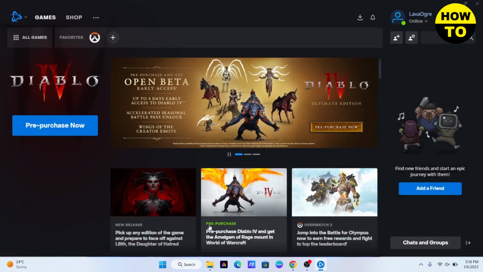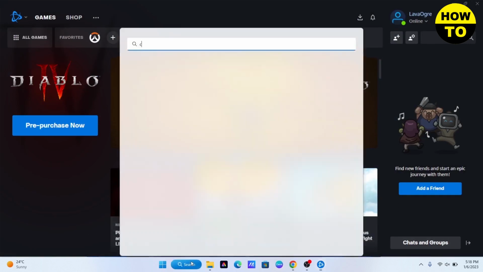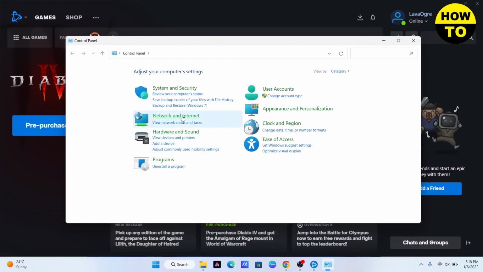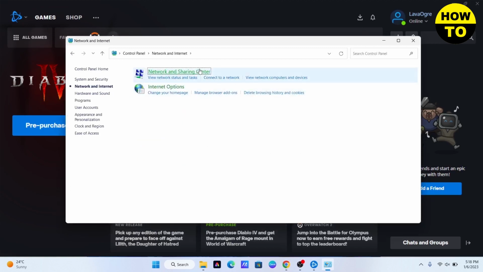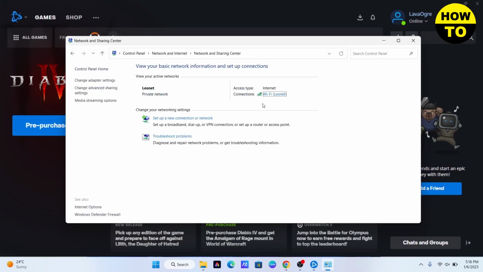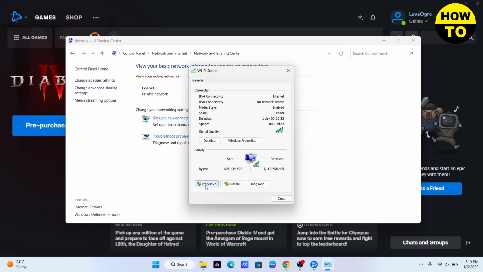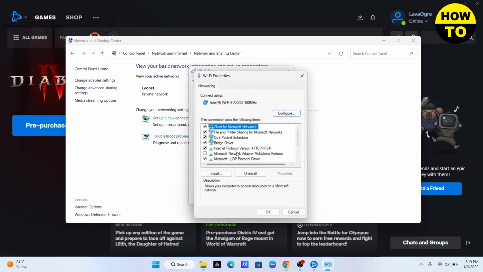And after that you need to make another change, that is, go to your search and then search for control panel and then click on network and internet, click on network and sharing center, and here you will either see a Wi-Fi or Ethernet. Click on it and then click on properties, and here you need to search for internet protocol,